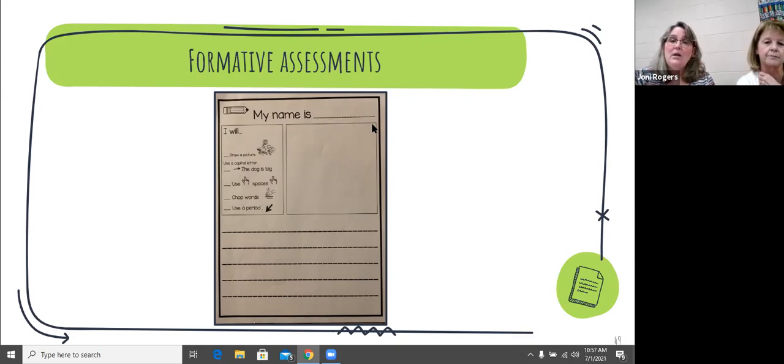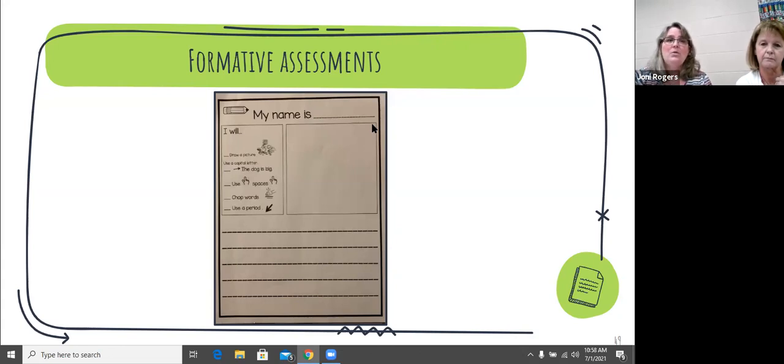We'll use a period. Most of our writing prompts that we use, we take from our science and our social studies units. Whatever we happen to be studying about, that's going to be what our kiddos write about. We'll give them this formative assessment at the beginning of our quarter, at the beginning of each unit, and then we save them and can see the growth at the end. It's the very exact same assessment.